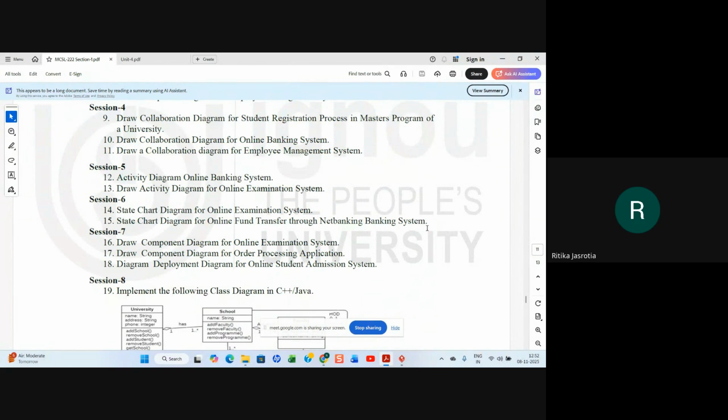And after transferring the fund, if it is successful, a message will be displayed. If it is not successful, then again a message will be displayed that it was not successful. And then you stop. Finish the transaction and log out. Log out. So that is online fund transfer. So there is no other issue in online fund transfer. Nothing else has to be made.